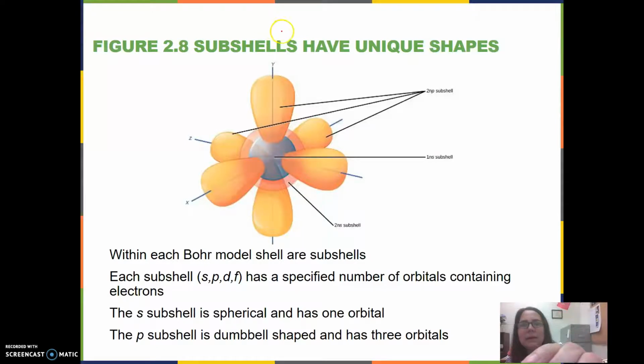Subshells are regions of space that have certain shapes. And those shapes represent the areas where electrons are most likely to be found. If we take this diagram and look at the first subshell, which is the S subshell, the S subshell is spherical. In other words, it's round. So if this is the nucleus of the atom,